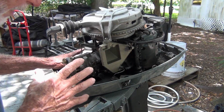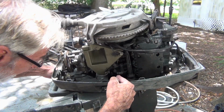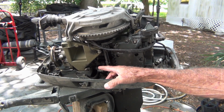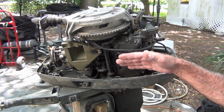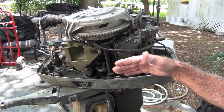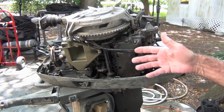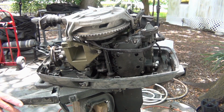The biggest problem with this right now, everything is froze up. Ooh, I turned it a little tiny bit. And the intake right there has been broken. Was JB welded right there. So what I'm getting at is this got broke. This has been replaced. And it's the same side of the boat. So I'm thinking, whatever happened to the boat and dented it up in the front there, also did this damage. Not that it really matters what I'm thinking, but just kind of coincidence, both of these things. It came with the clipper. They both are damaged on that side. Anyway,